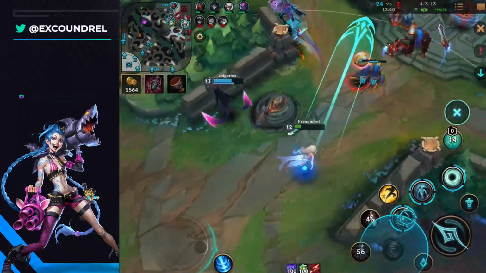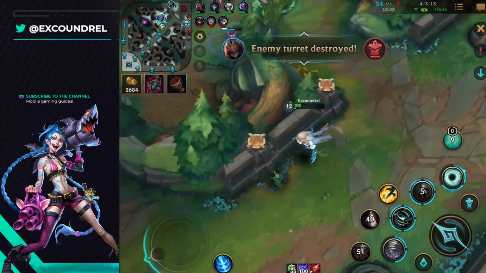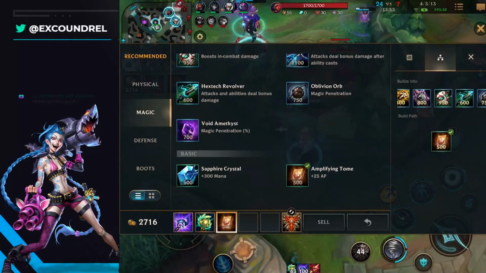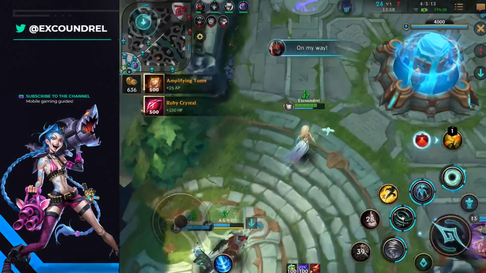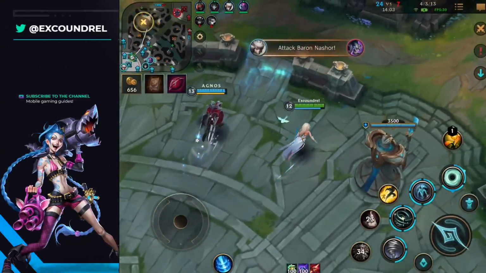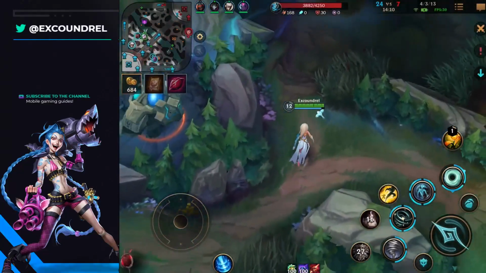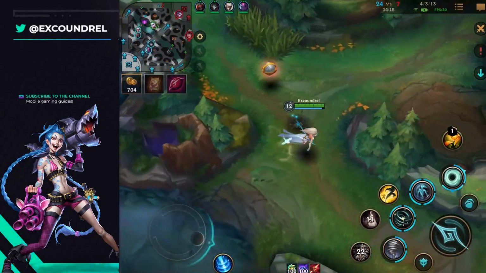I definitely need to back. Enemy turret destroyed. Attack Baron. Upon the wind. I don't think I want Rabadon's really. Rabadon's is the best in terms of pure damage output. Attack Baron. Retreat. I don't think Ardent Censer is very good with a Jin because attack speed doesn't massively help him. So if I was with a Vayne or a Jinx or something like that,